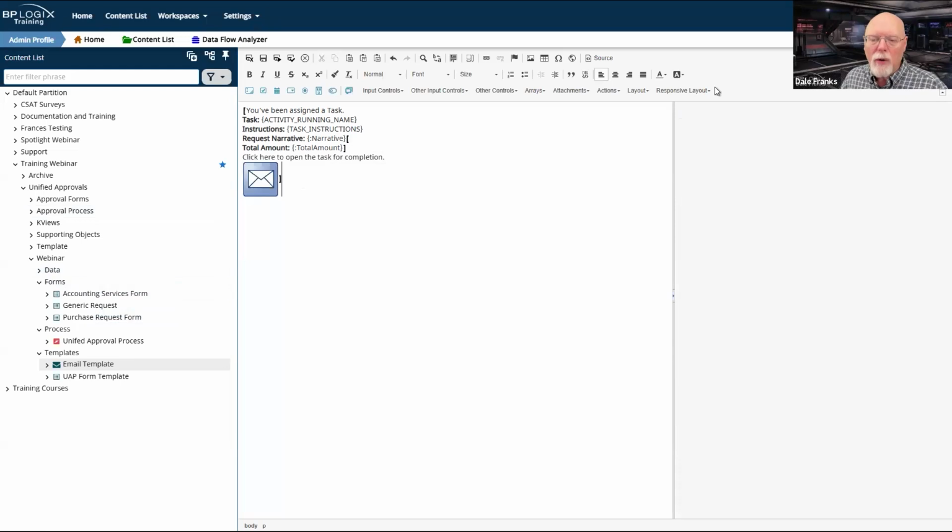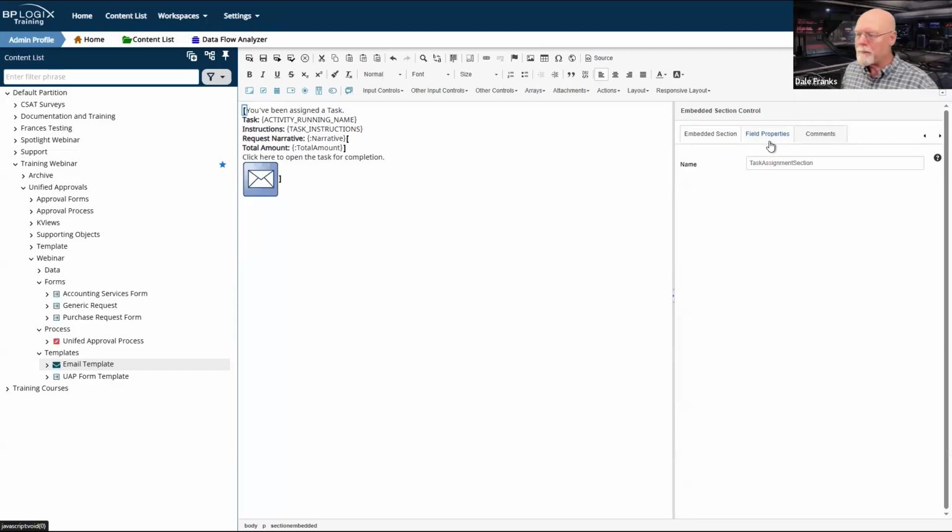The second thing I need to do, and it's something that I don't have yet, is I need to be able to send a final disposition notification. That is the last step in my process where I tell the end user what it is that has been done with their request and whether it's been approved or denied. That means I'm going to need a new section to my email. So I'm going to need to, as always, when we have multiple notifications, ensure that these sections have a condition that makes them mutually exclusive.